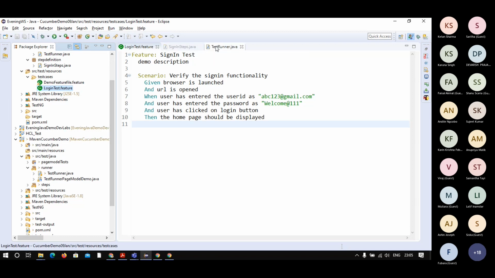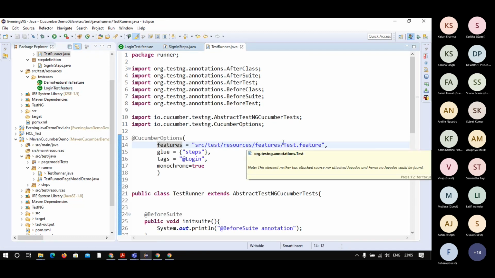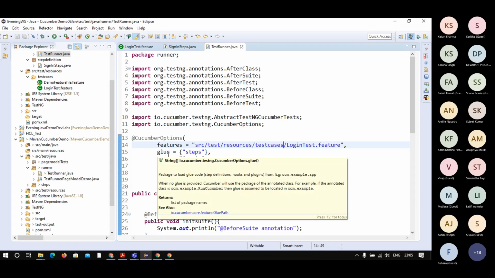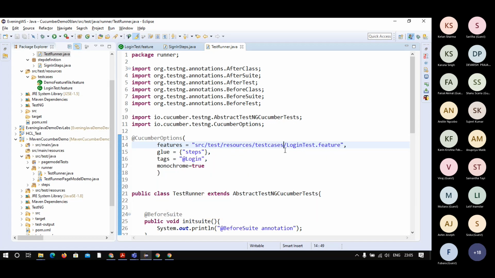So I will come here in the test runner and update the location and all those things. Let me update: src/test/resources, and then the test cases folder. So this is the location of the feature file. Glue is where you have written the code for this feature file.